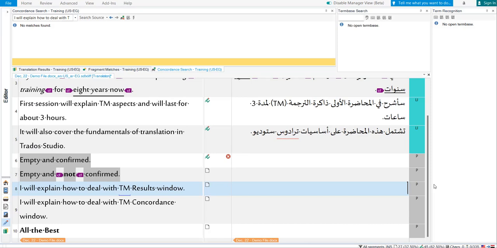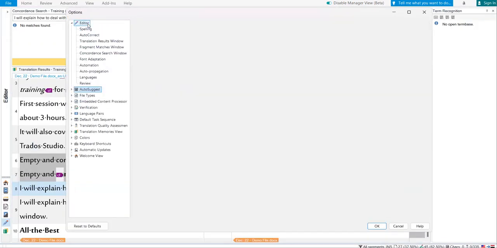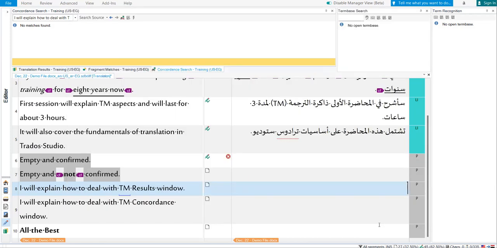So to enable the auto-propagation features, you go to File, Options, Editor, Auto-propagation, and make the options just like on the screen right now. This percentage is preferential. You can set it to anything between 70 and 100, but it is not advisable to restrict it to 100. So when I translate segment 8,